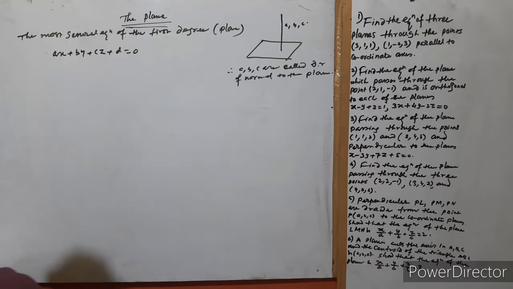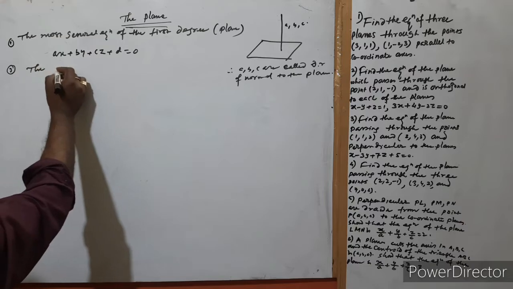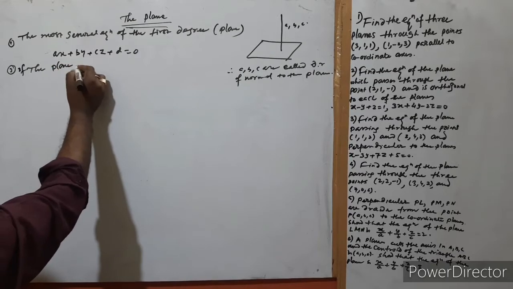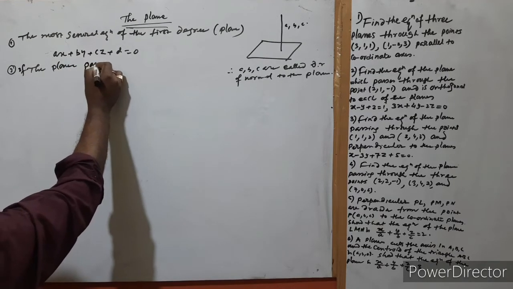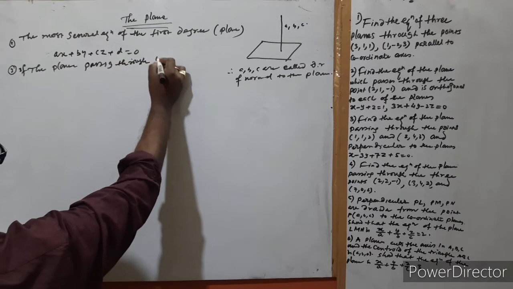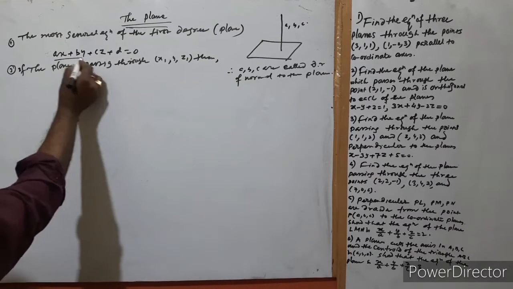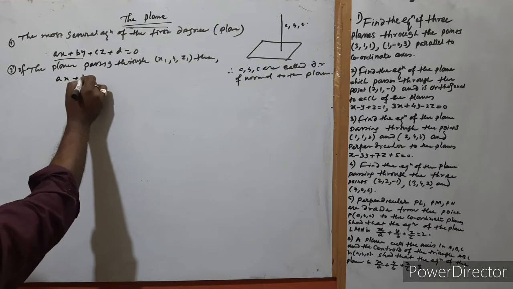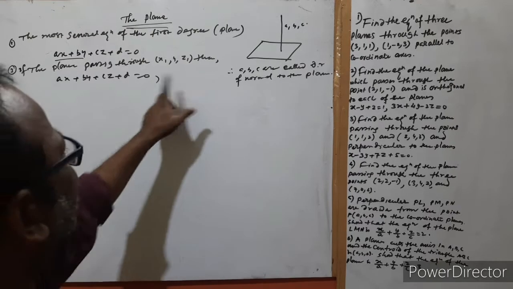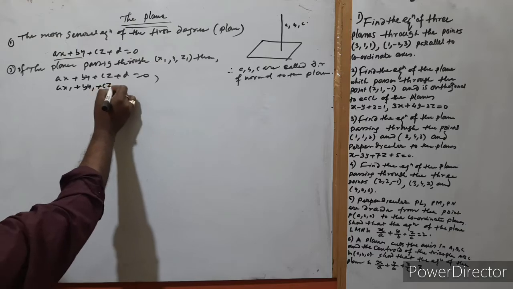Now we have to introduce another point. If the plane passes through x1, y1, z1, then first of all you can write ax plus by plus cz plus d is equal to 0. Okay, and since this point satisfies this equation, we can write here ax1 plus by1 plus cz1 plus